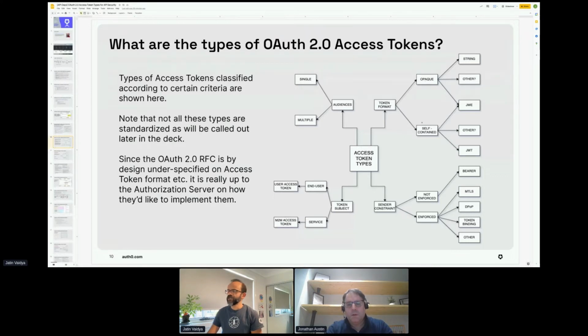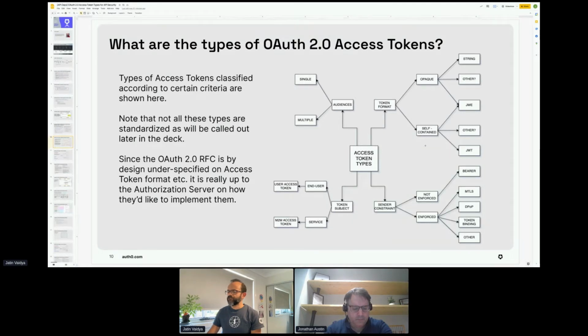Opaque means it's just a string of alphanumeric or hexadecimal characters. It's a black box. It's a string of characters which does not make any sense to anyone other than the authorization server itself, which has issued the token in the first place. So an opaque token. Then the other one is the self-contained token, which is typically of the format JWT. Probably our viewers may be familiar with this particular format. It's called the JSON Web Token format, and it's pretty popular among developers. So a self-contained token.